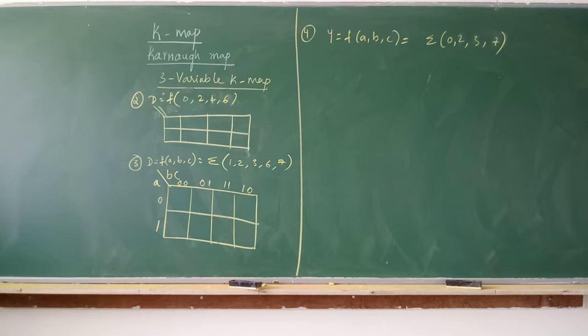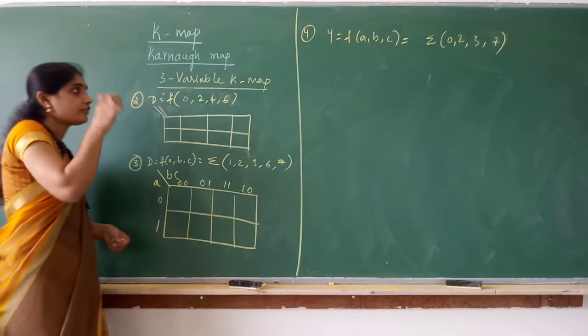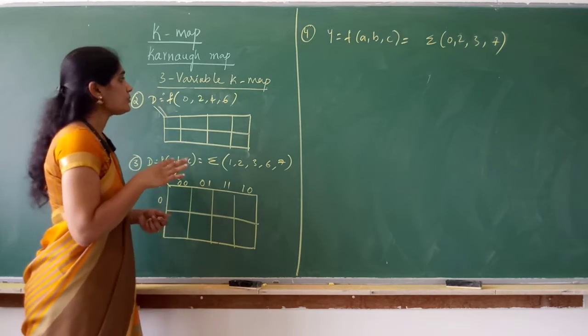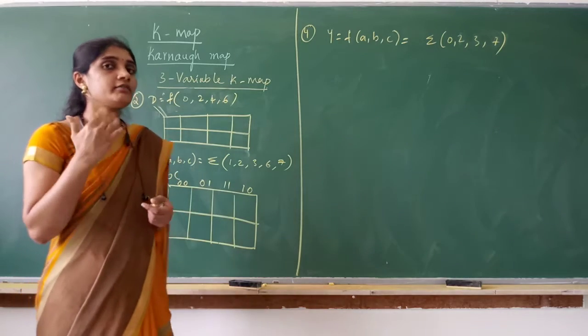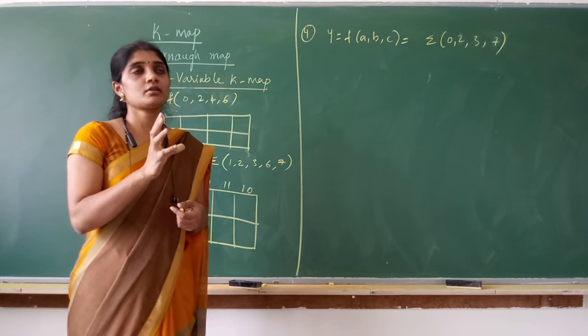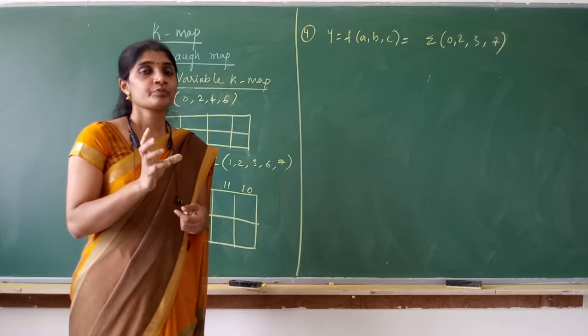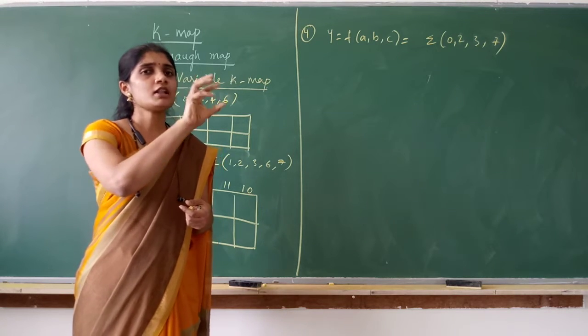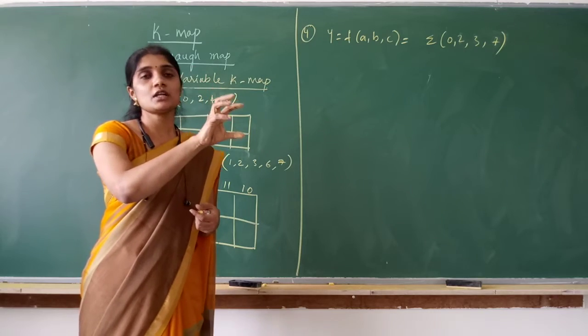So we have the next problem. I have kept the problems ready just to avoid the time I would require to upload the video. Now the next problem is what? In every problem I will be explaining some different concept, not just the rules of K-map. In the first problem we know that adjacent cells have to be grouped. All the cells were exactly adjacent to each other, so we group.